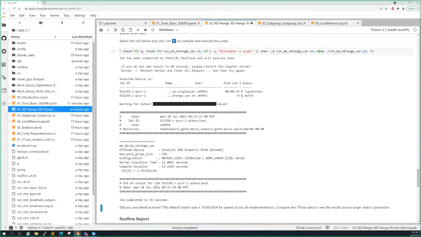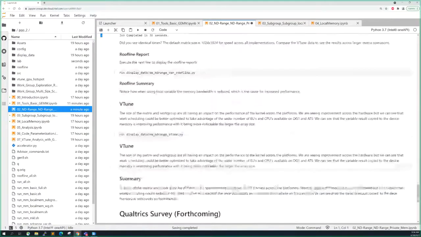And here you can see that we just got the output, and you can see that there's a slight improvement just by making use of a private variable within the kernel code. So this is taking about 12.8 seconds. And similarly, we have